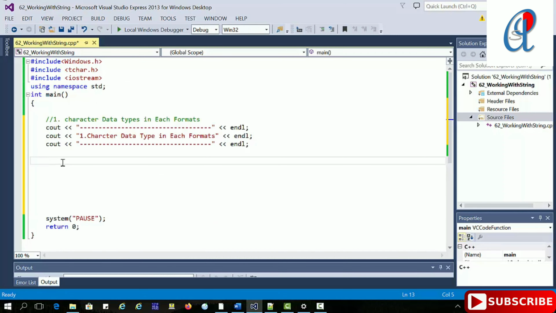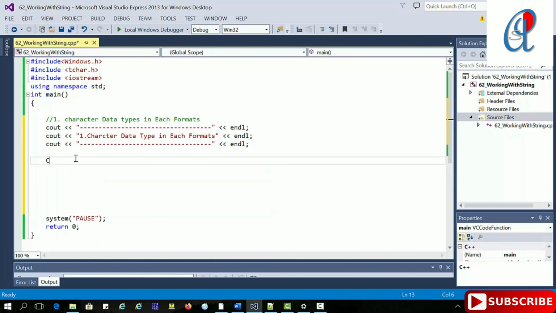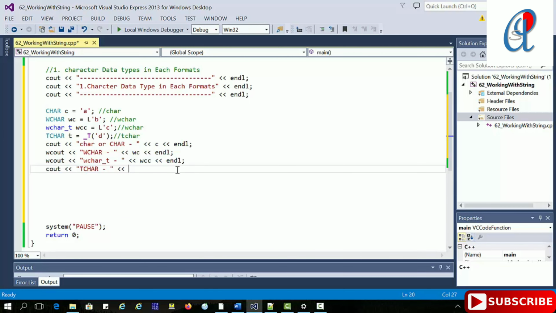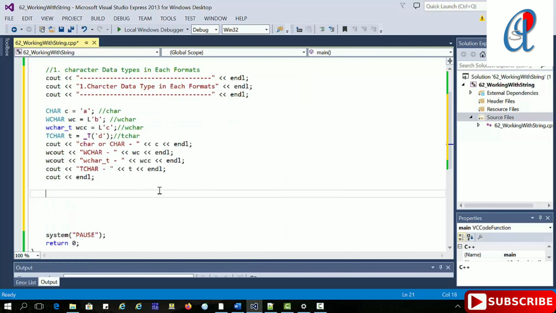I'll use a normal character here. Either you can write it like that or like that, both are the same. So character C. Let me write the code. This one is the basic usage. Here I am using char, also you can use CHAR here.